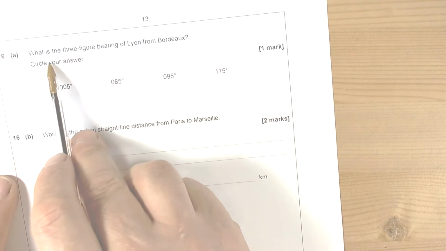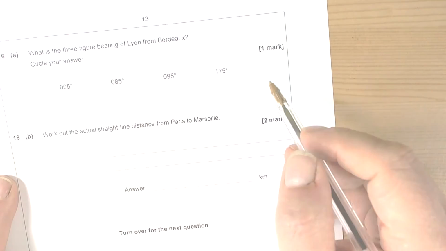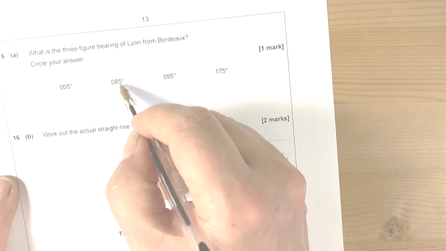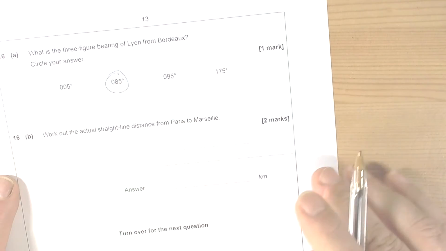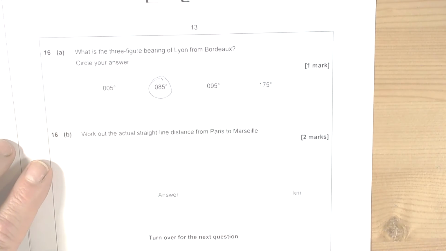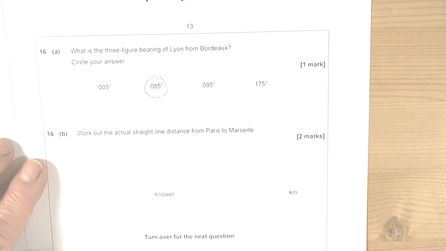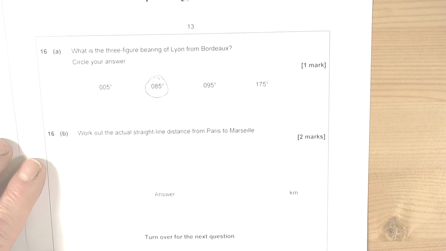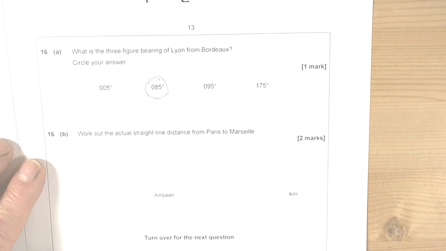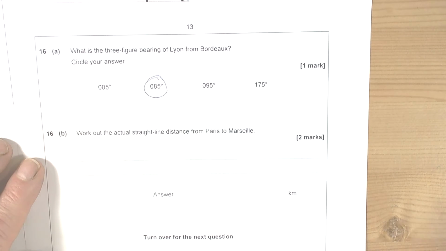So when we come to this question, it says, what is the three-figure bearing? Circle your answer. Well, the closest to our measurement was that one there, 085 degrees. Okay, so that's how the bearings question is going to work. So it's important that we learn how to use our bearings, because again they come up as quite a popular